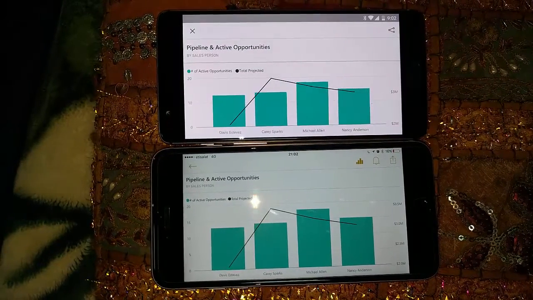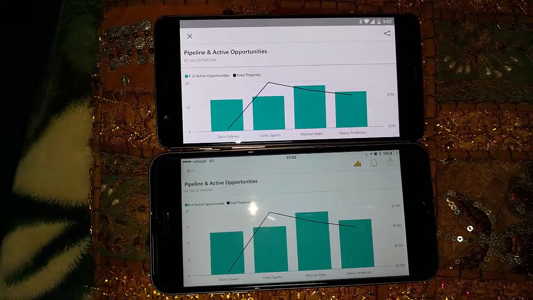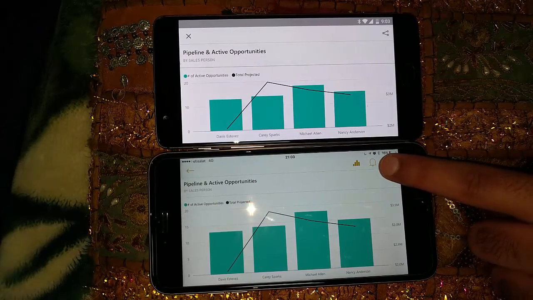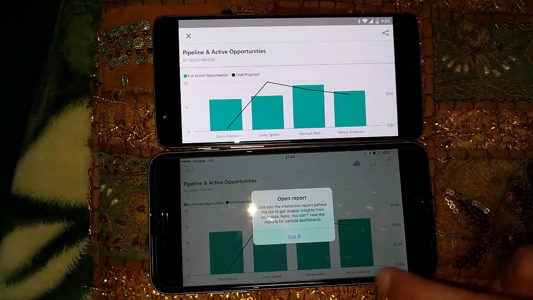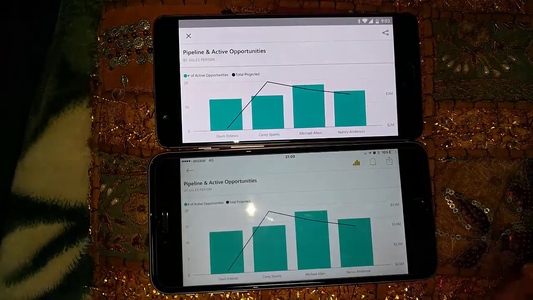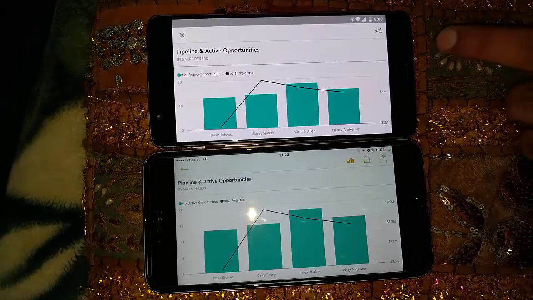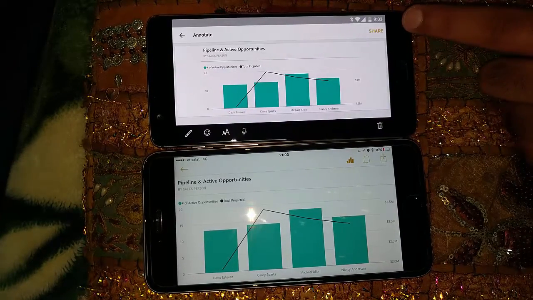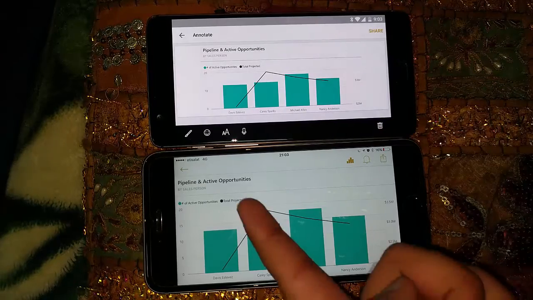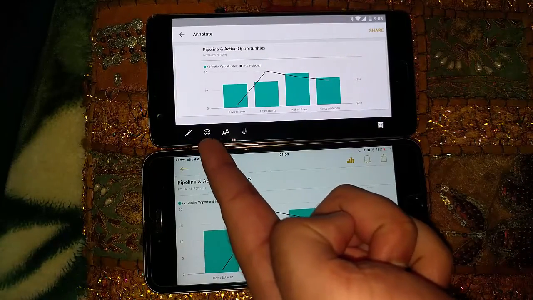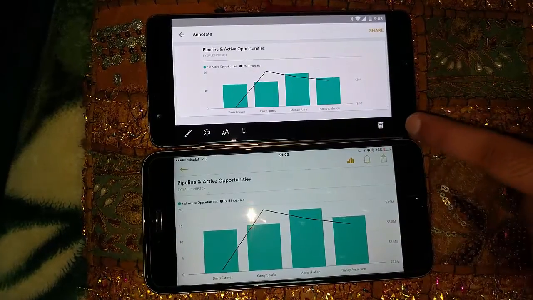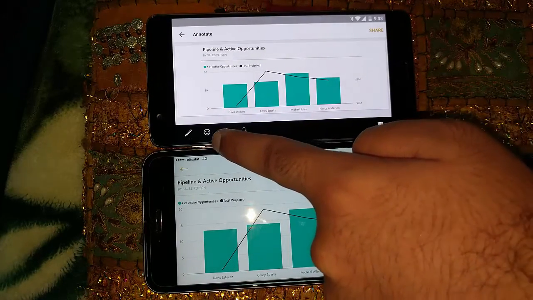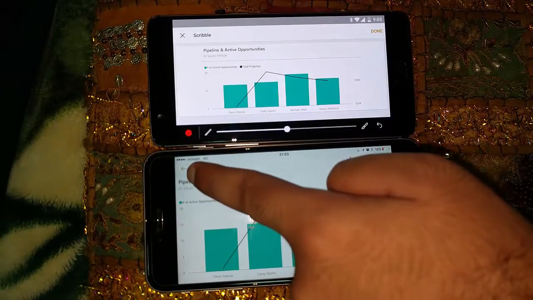Things do look different now. On the iOS side, you can see the share button, the alerts button, and then this button with the graph which says something about drill down. While on the Android side, you can only see a share button. Once we tap on the share button, we can see some functionality pop up here. So we can see a delete button, and then the microphone. There is a button to write text, put a smiley, and then there is this button to write.